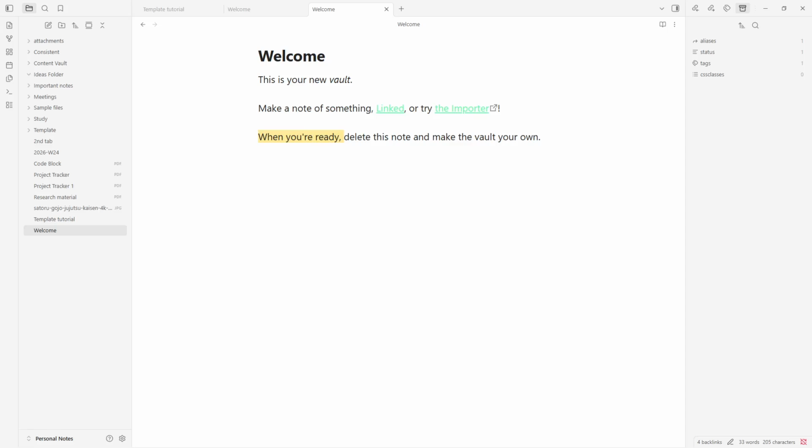In today's video, I'm going to show you how to install community themes in Obsidian, giving your note-taking workspace a